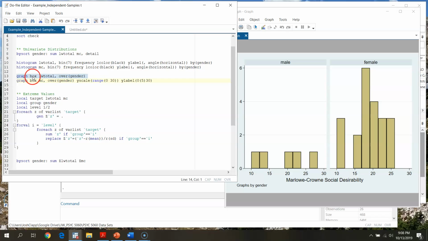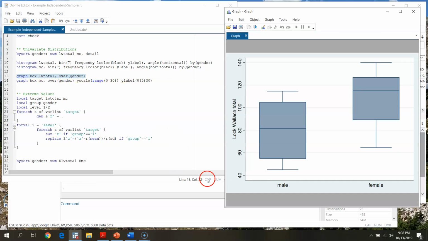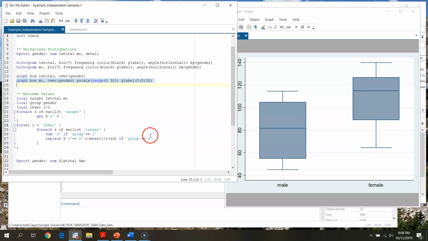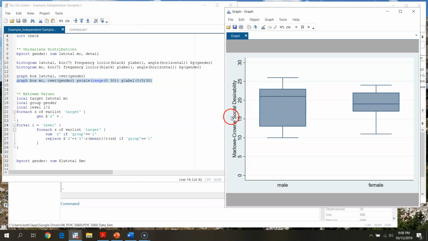If I am looking at my box plot here, I've got a box plot of Locke-Wallace over, in this time, gender. And what this is going to do is give me a box plot for men and for women. Again, this is nice, symmetrical, nothing too extraordinary going on here. Same thing if I were to do the same for the Marlowe-Crowne. Again, we're specifying some additional things, options for the graph here. We don't have to be too concerned about that, but if we go through and run that, we see,